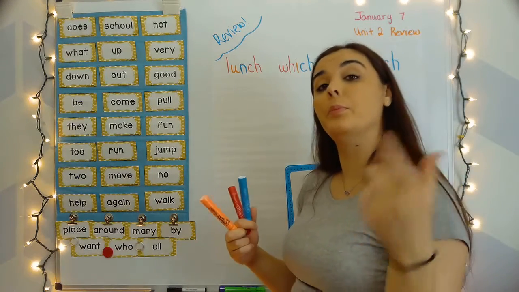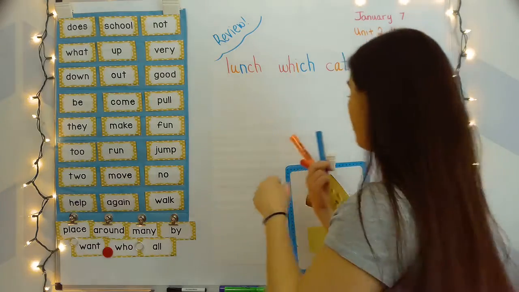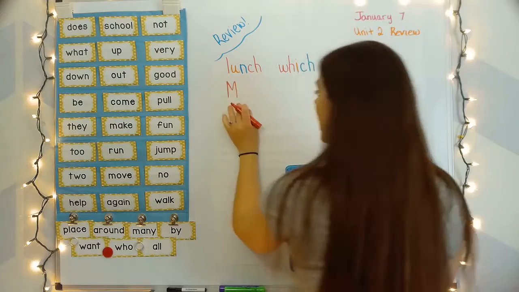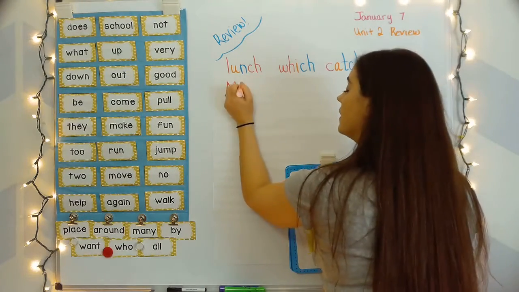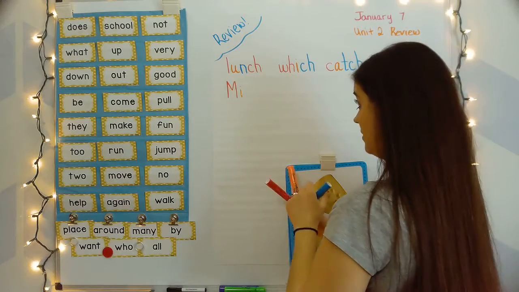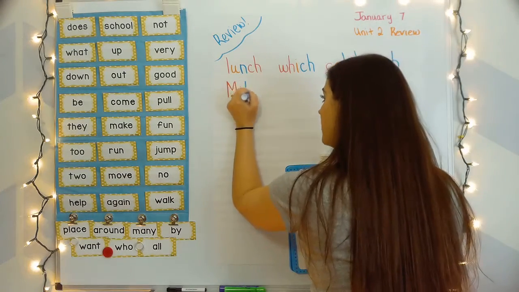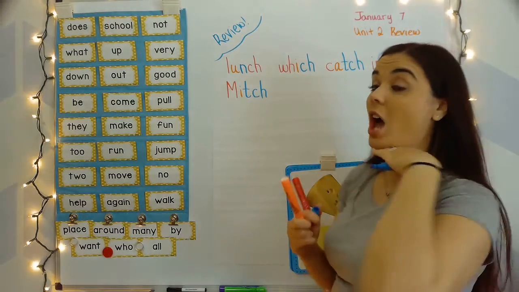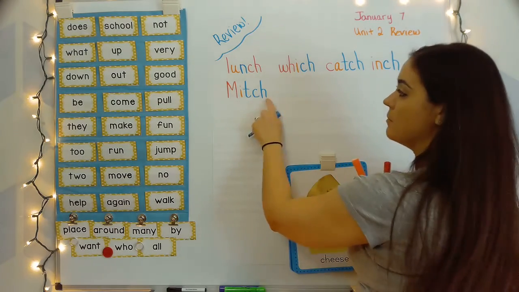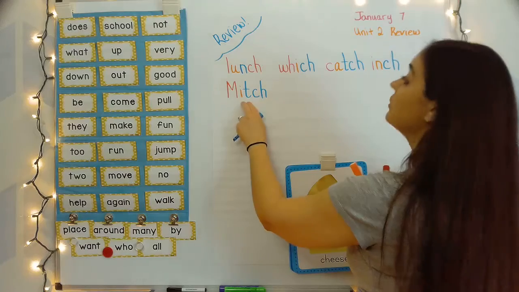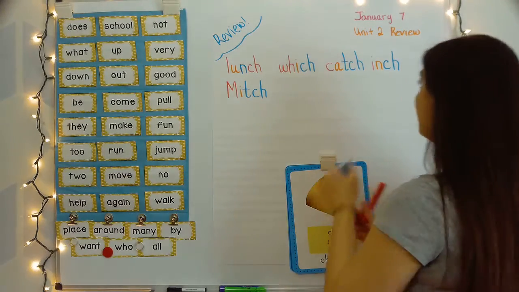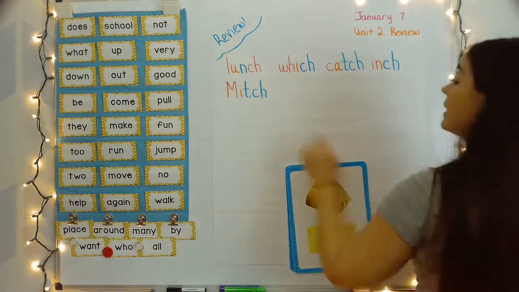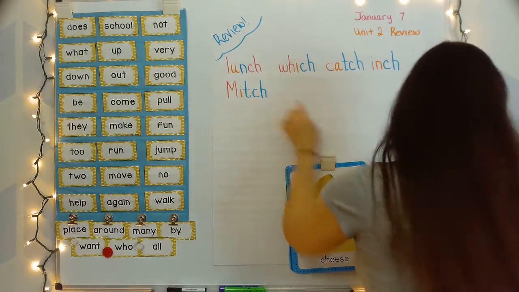Mitch. Your turn. Cha. Mitch. So Mitch is a name, so that means we have to capitalize that M. M says m. I says i, and Mitch is another one of those TCH words. Still says cha, just a different way to spell it. And again, the TCH, the cha in the word Mitch is at the end of the word, like inch or pitch, like yesterday. All right, let's blend. Itch, Mitch. Excellent.